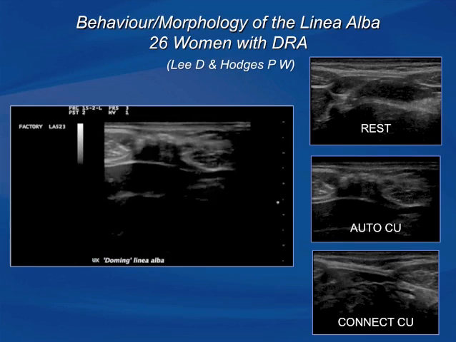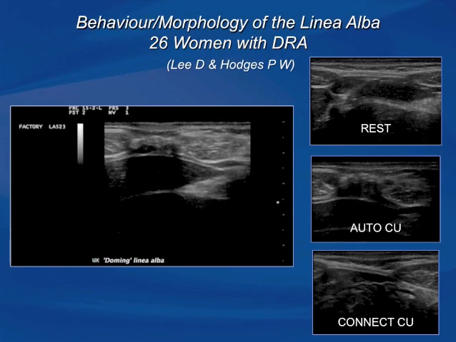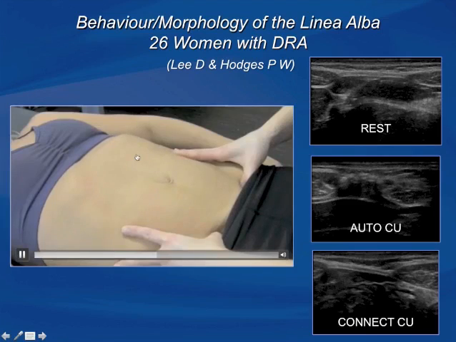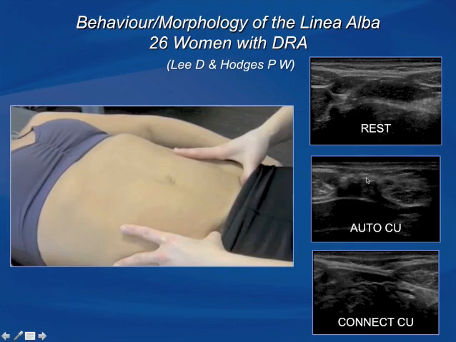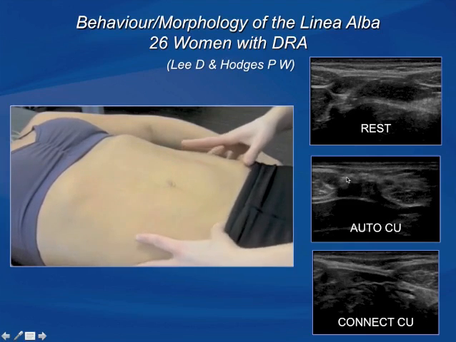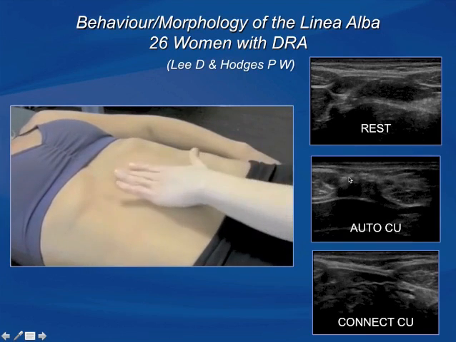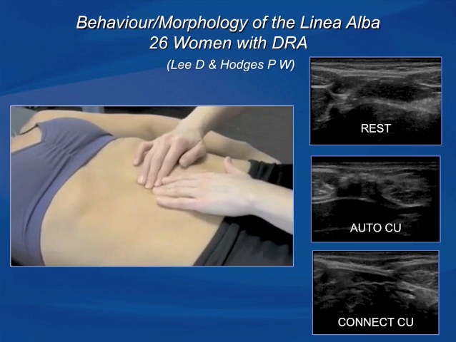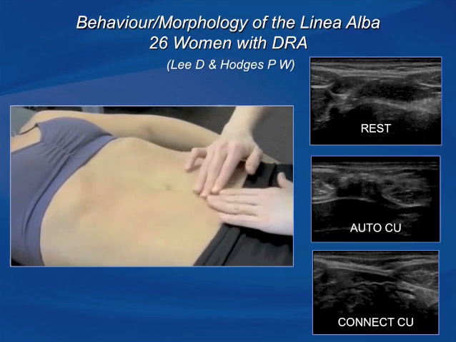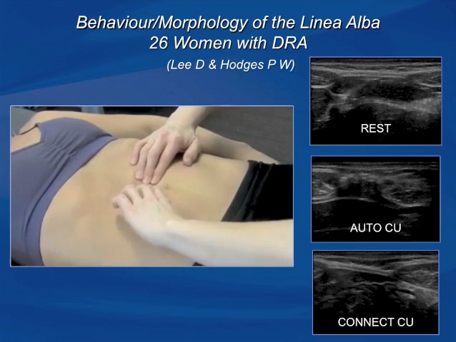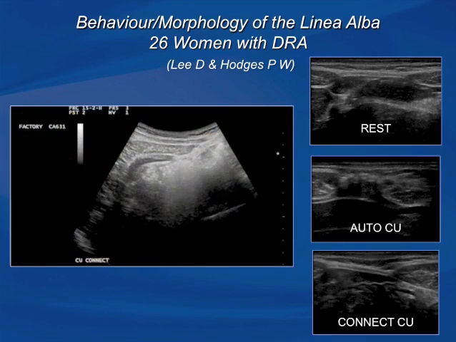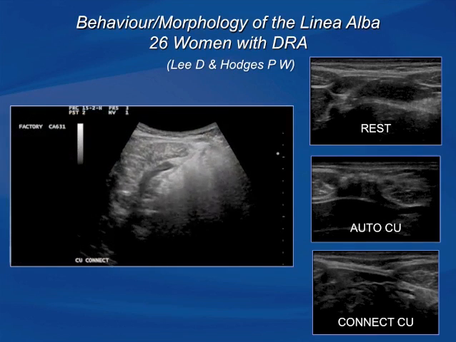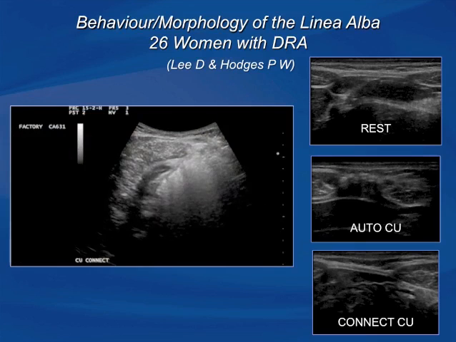And the impact on the linea alba of that strategy is for the left and right rectus abdominis to come together, and this wrinkly, you can see it over here, this wrinkly linea alba to occur. So we teach her how to recruit her deep muscle system better, find her TA. Look at the difference in the form or the shape of her abdominal wall with the pre-contraction of transversus. You can't pull the left and right rectus abdominis apart because they've already been pulled apart by this beautiful activation